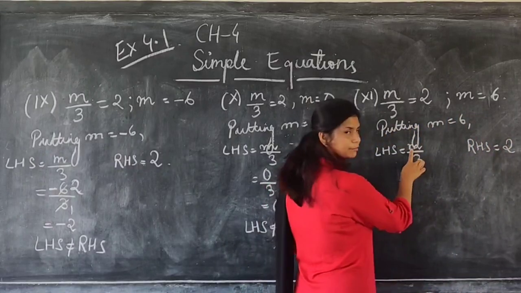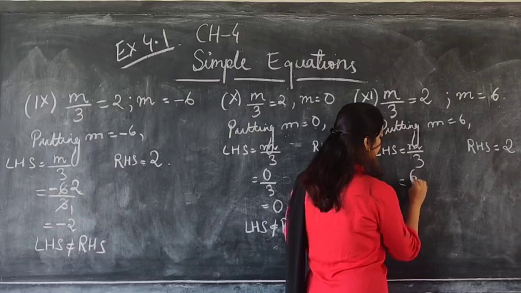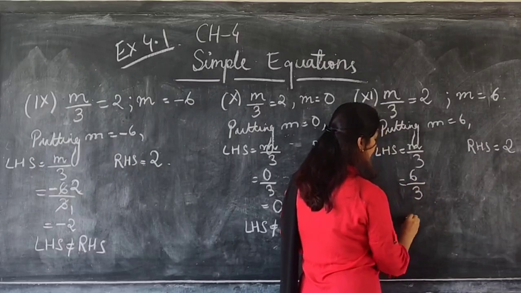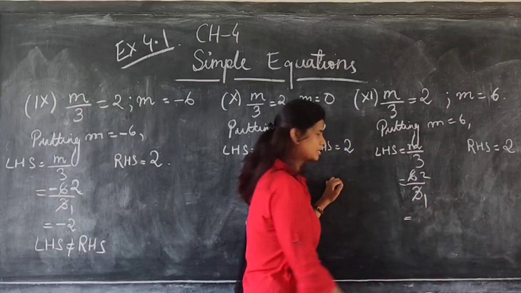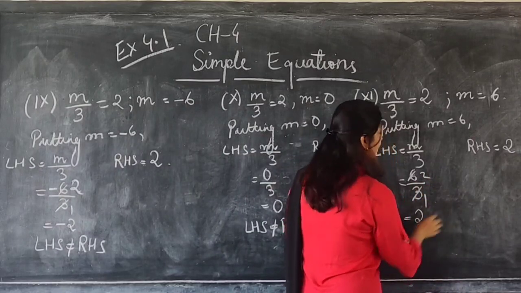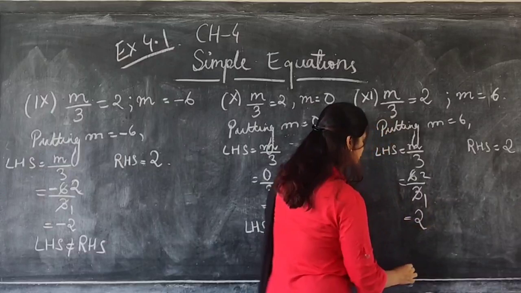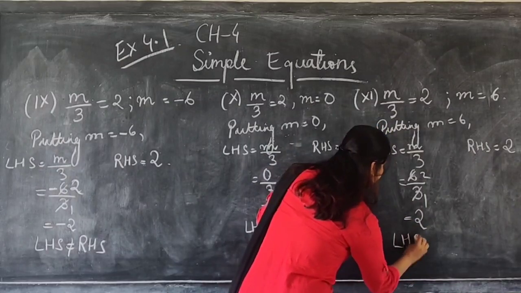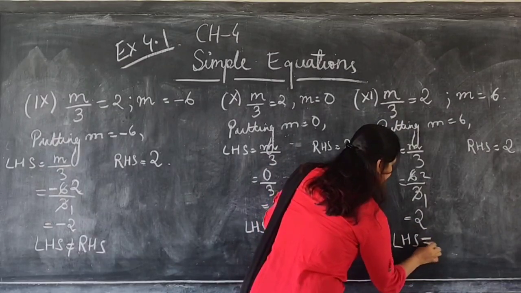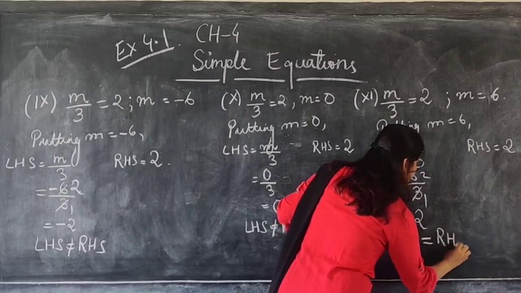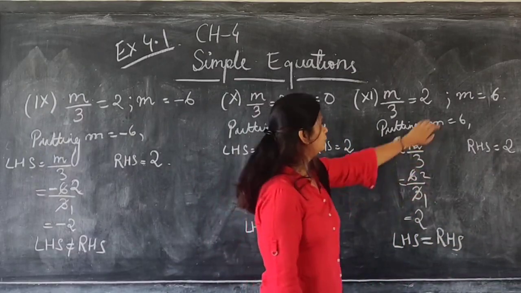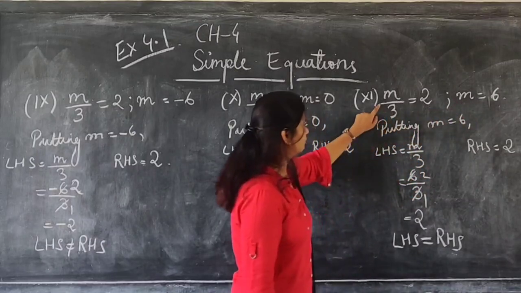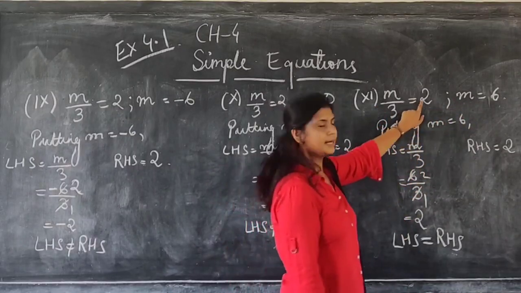So what is the value of M? M value is 6. 6 by 3. So again divide 6 by 3. 3 ones are 3. 3 twos are 6. So this is 2. And right hand side is 2. So left hand side is equal to right hand side. Left hand side we got 2. When the value of M is 6, then left hand side is 2. And our right hand side is